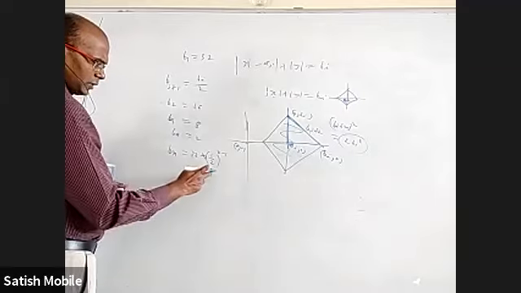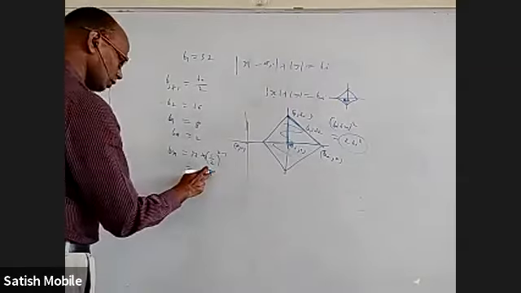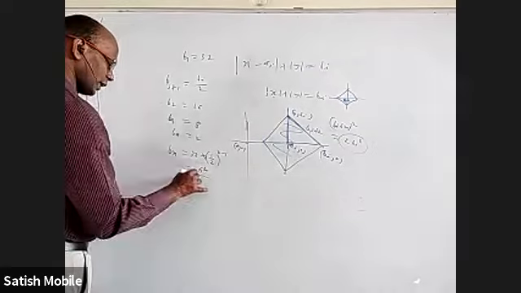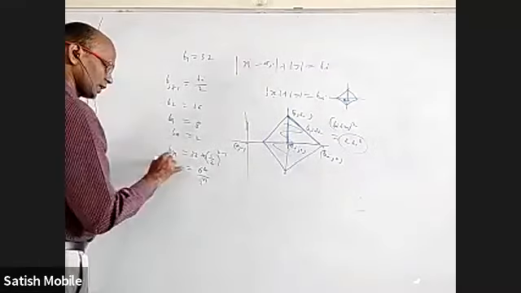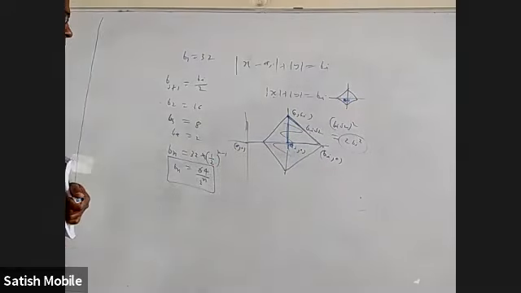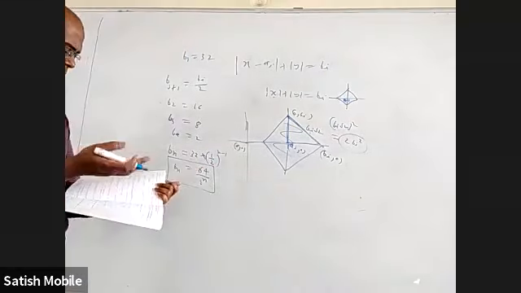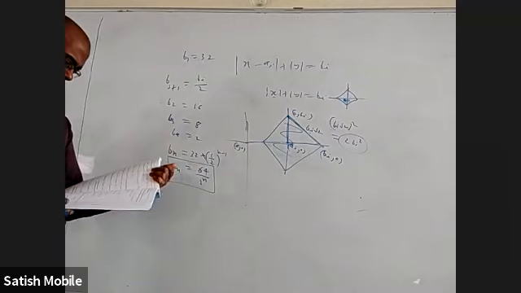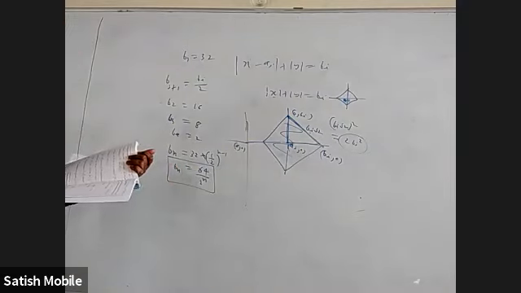So 32 into the common ratio 1 by 2 power n minus 1. So that will be 64 by 2 power n. That is your b_n. Okay, now that is your b_i. What is it they want? A3. A3 is that area.